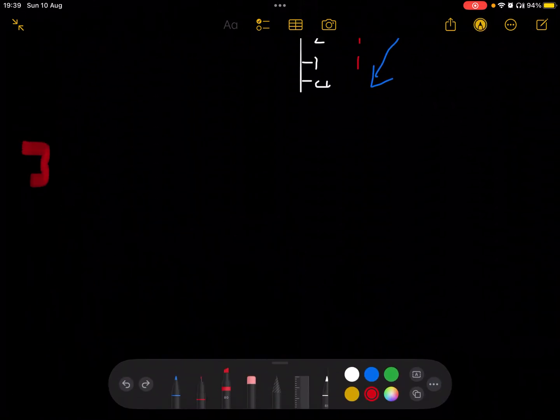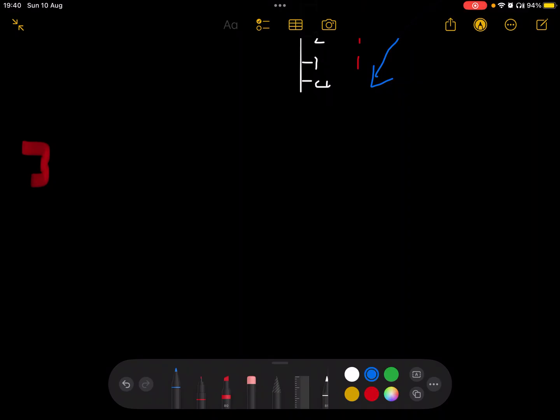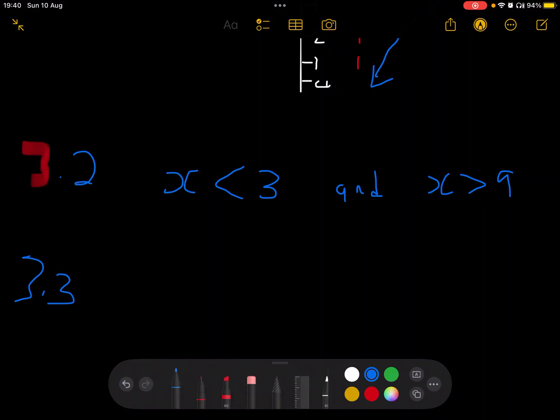So in 3.2, oh, I need to change this back. In 3.2, we are looking for the x values that are less than 3 and the x values that are greater than 9. It's as simple as that. In 3.3,